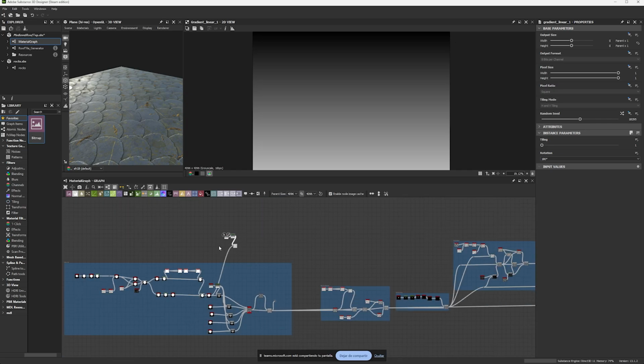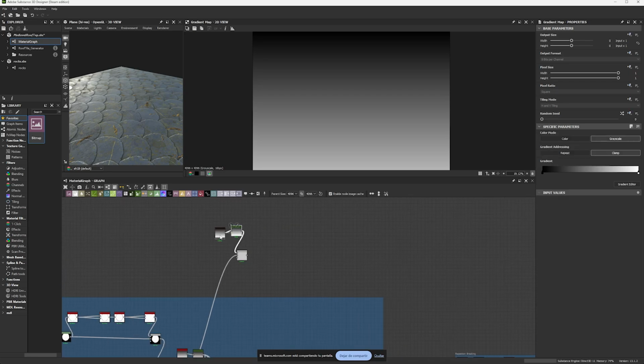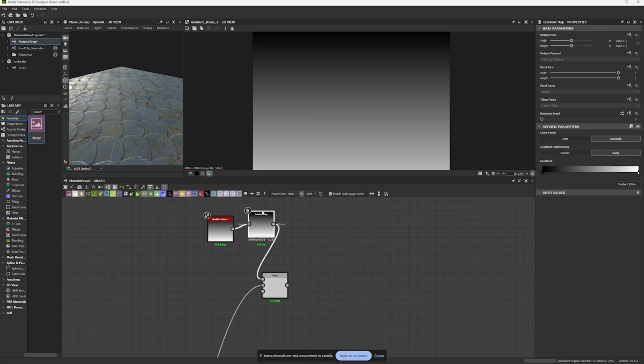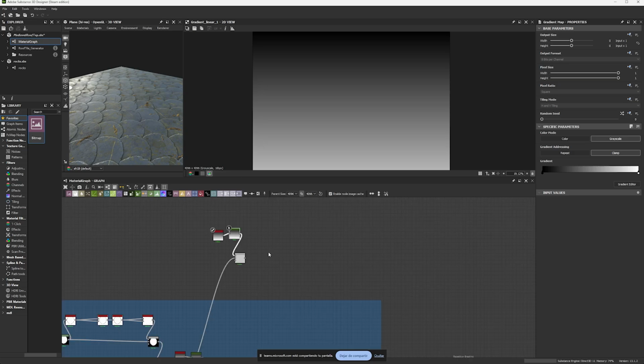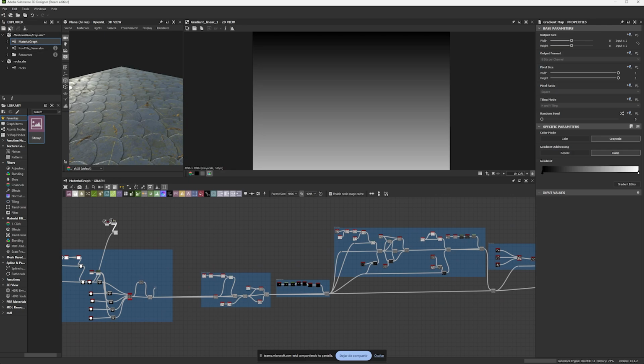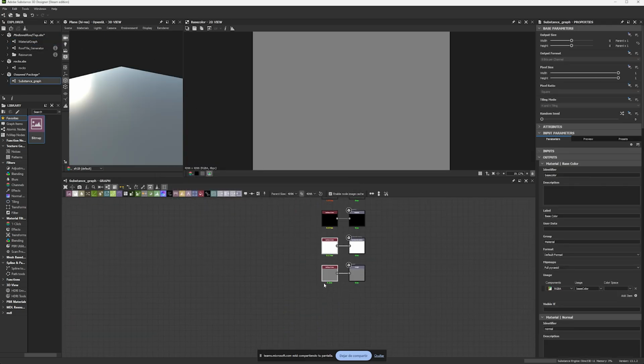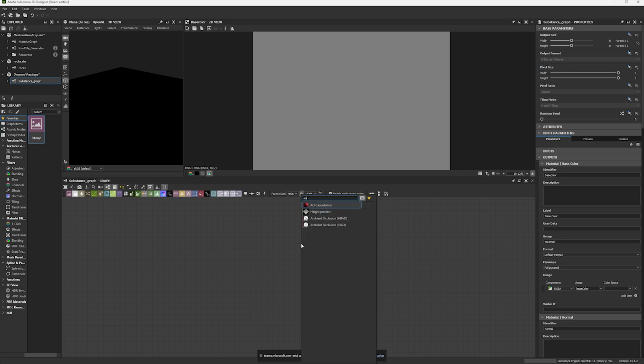So when it comes to height, black and white information means that 0 is your lowest point in your material, meaning there's nothing, and 1 is your highest point in your material. So if you want to build shapes, you need gradients. Why? Let's do a small new graph here just to give it a small test. I'm gonna remove this here, and I'm just gonna create a quick AO node.